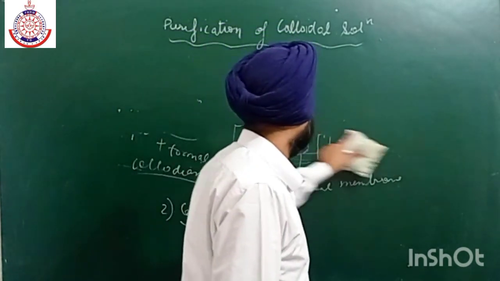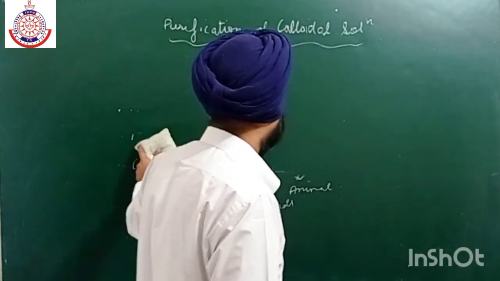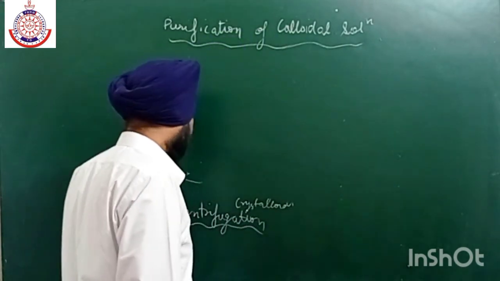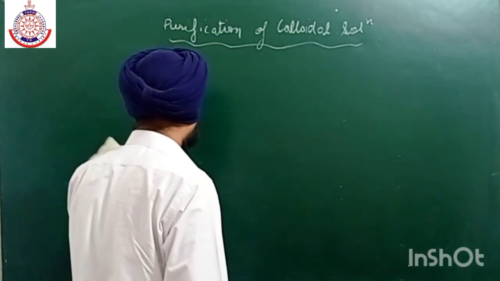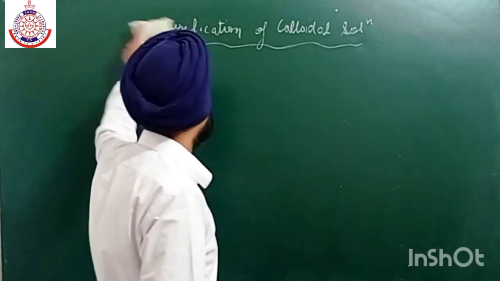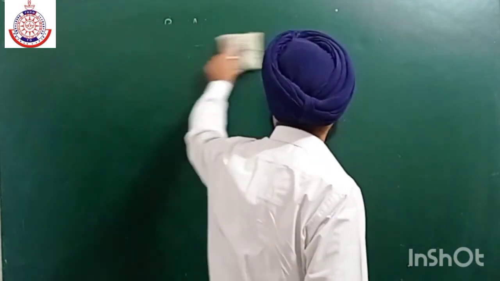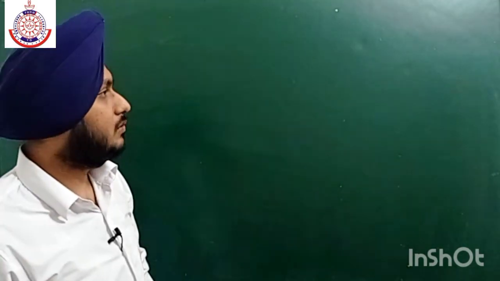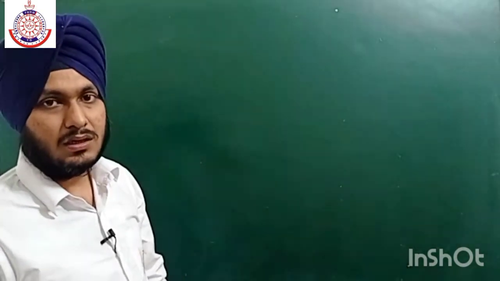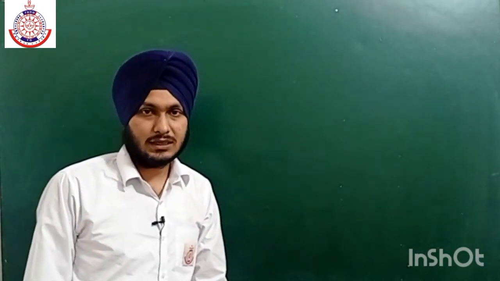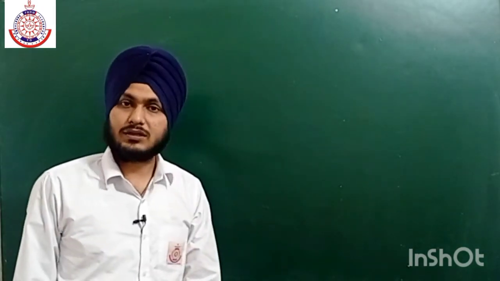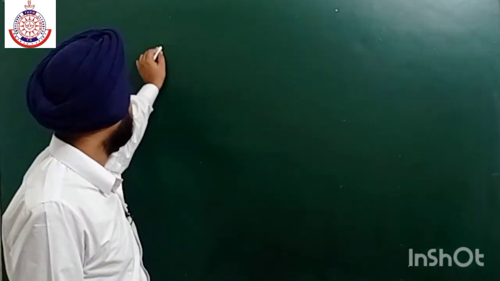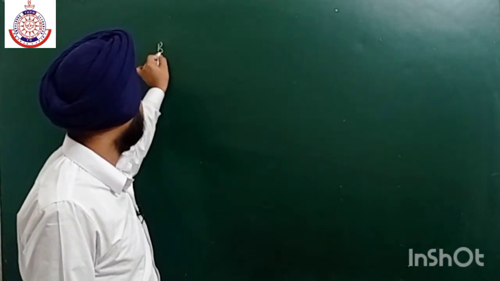Next topic is some basic properties. This is the last topic of this chapter, and this topic contains a lot of matter. Like we have charge. We have to consider the charge also. These colloidal solutions have some charge, and we have to find the origin of that charge. Now what is Brownian motion?